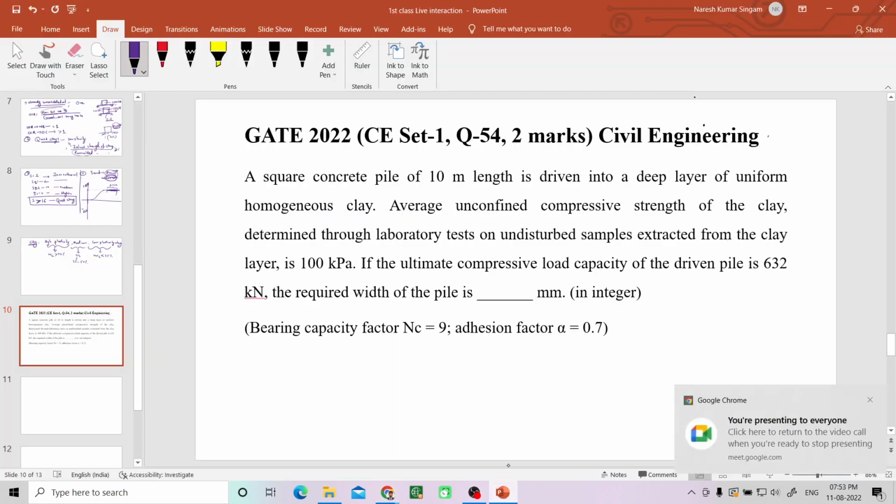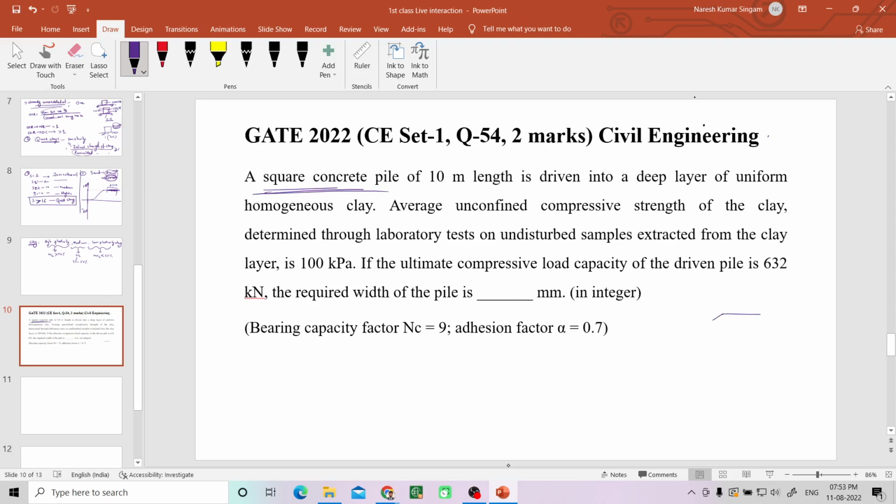Okay. So let's read this. This is question number 54 from set 1 again, Civil Engineering GATE 2022. So we'll read the question first. A square concrete pile. Square concrete pile means what? The cross section is square. Okay, don't think that everywhere it is square, only the cross section of the pile is square, and whose length is 10 meters. It is said that the length of the pile is 10 meters, and it is in a deep layer